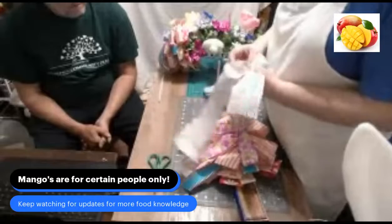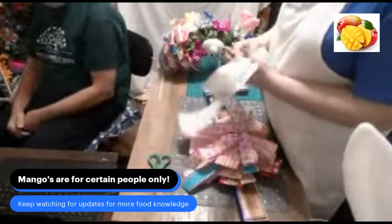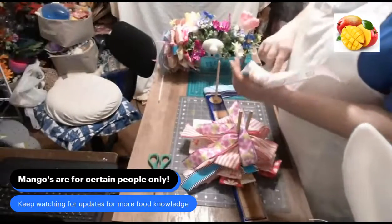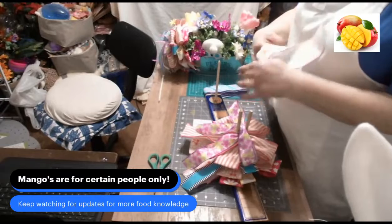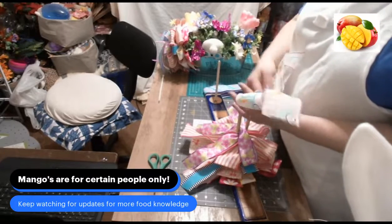Mine is in the other room if you want to go grab it. You know that tote that I took to the show? I think it's in that tote. It's sitting in the living room. Nice. Yeah. He'll go grab it when I'm talking about